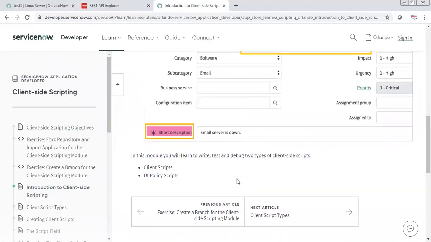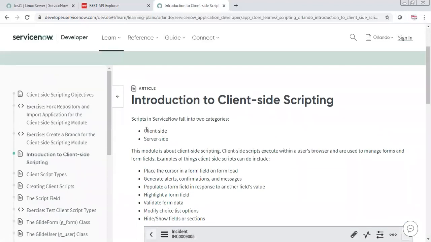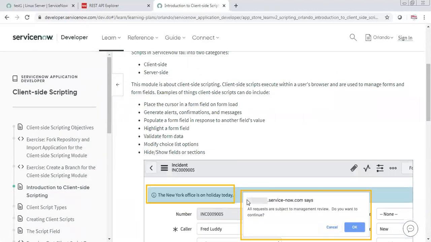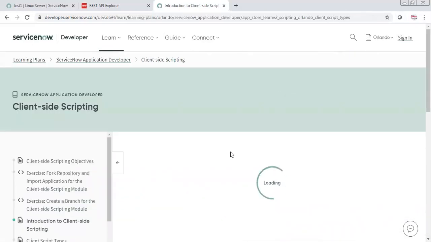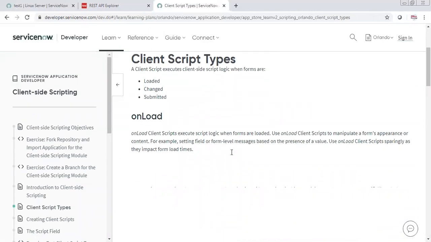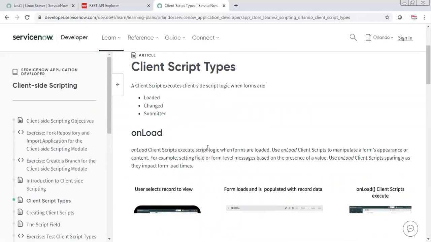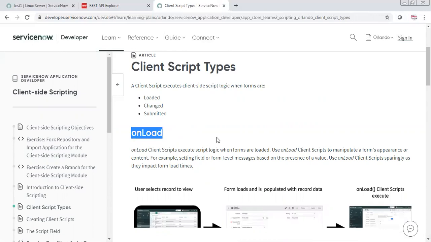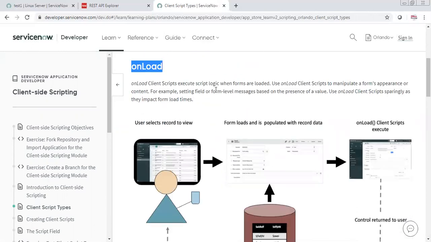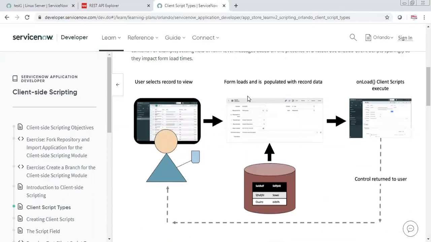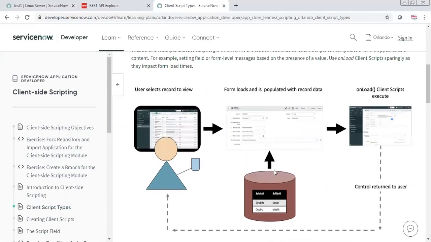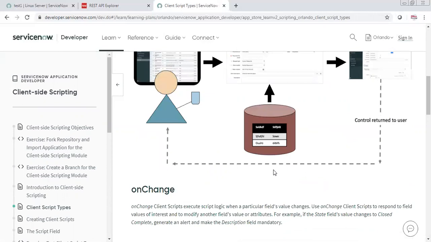Then here, if you see, they have provided what client side and server side are, and they have given you an example of how it is. Seems to be quite good, added recently. Then here they will say the onload client script. They will tell you the onload client script executes on form load, this is the client script logic. Yeah, I think I will try this. Is the prerequisite to download that application, or can we do it just directly on our table or something?